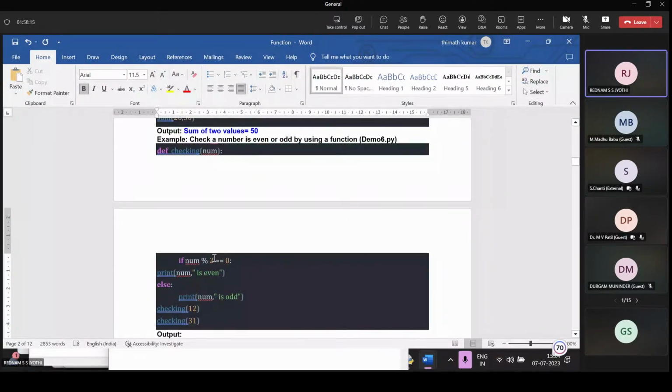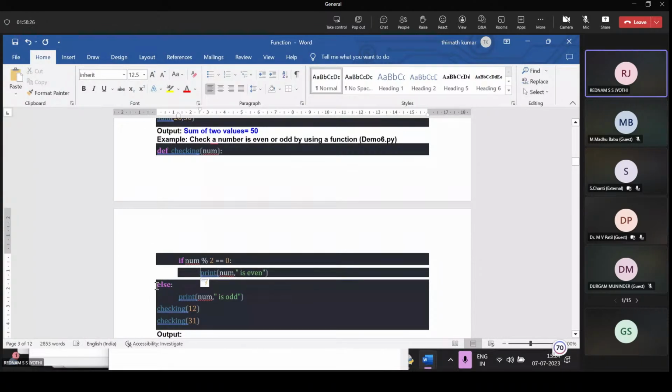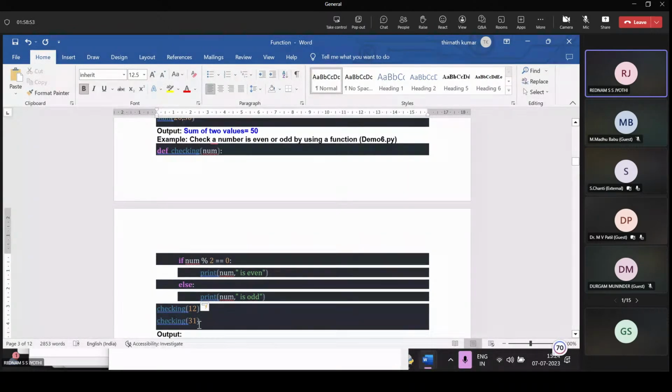If number modulus 2 equals 0, then print number is even, else print number is odd. It is compulsory to follow the indentation; here the indentation is not correct. There are two function calls, checking(12) and checking(31). The first output is the number is even, and the second output is the number is odd.